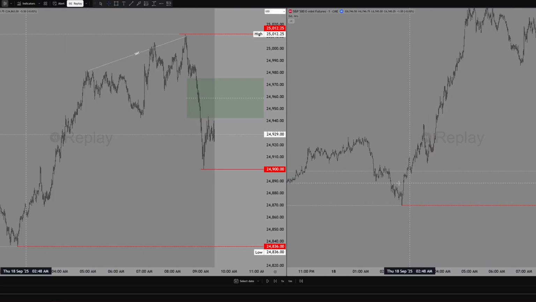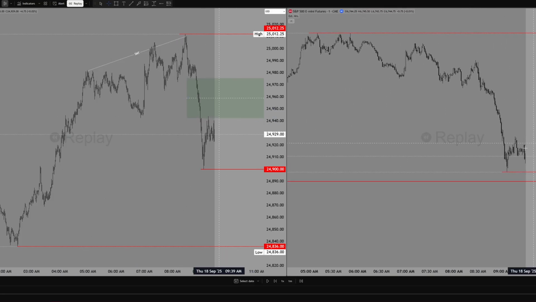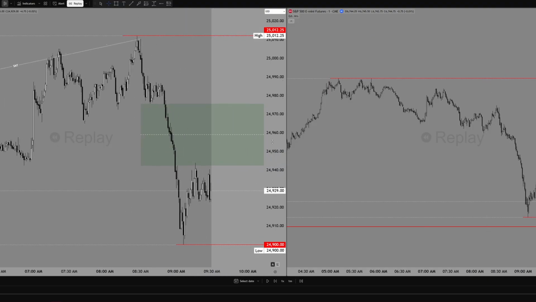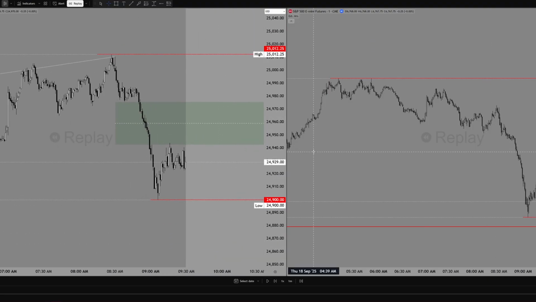Okay, so pretty sure I want to see we get these draws down here, or at least these draws on ES because we're close to it. We can also deliver bullish and just take out these draws on equal highs on ES as well. So I want to see what happens in market open.